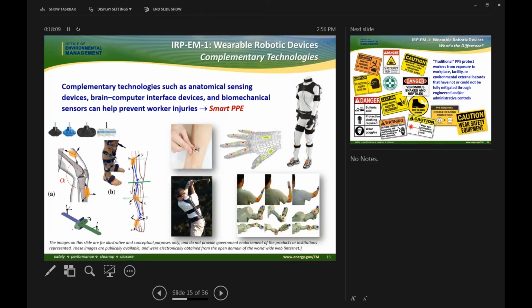technologies and sensing devices that can help provide that type of information to either the worker immediately or to supervisors or certainly health professionals that can use this information to again improve the health and safety of our workers. So integrating these types of devices into wearables is a key feature that we are